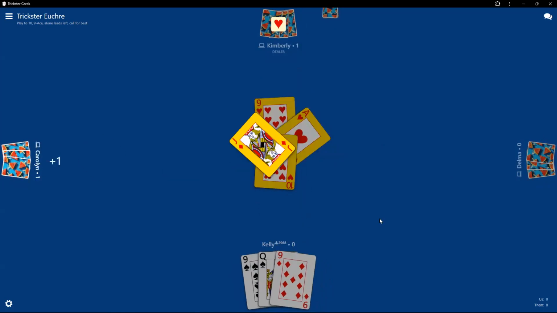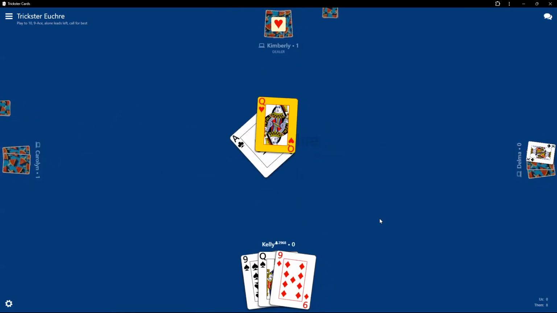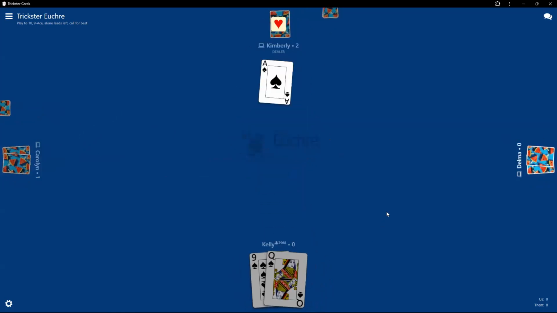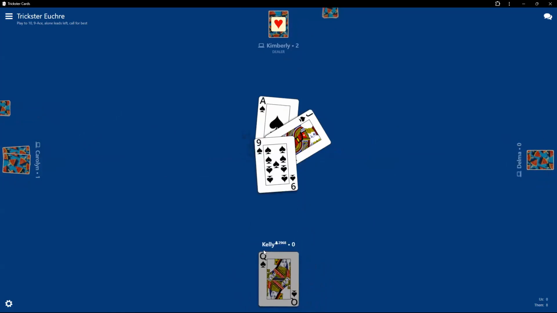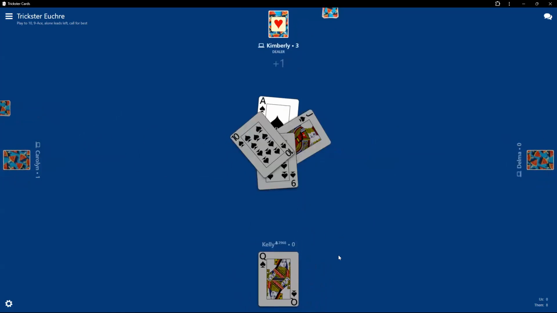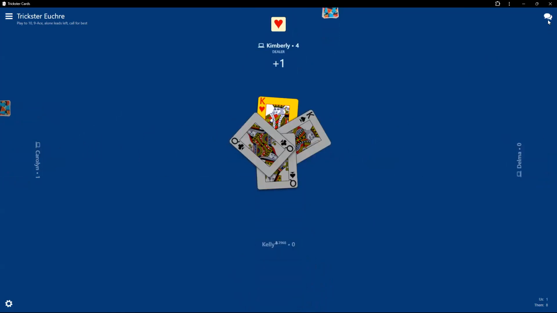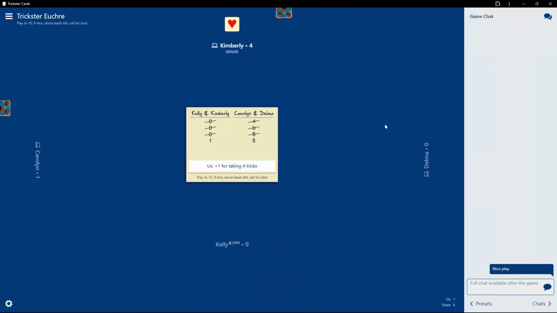10. Oh, well, that's some expensive card to get rid of for a 9. Kimberly, in this case, her name is Kimberly the bot. Yeah, good playing from Kimberly. So again, if that was a real person, I'd like to comment and give them a chat.